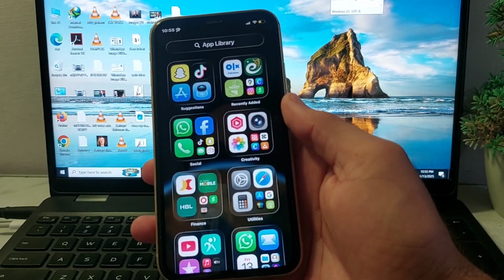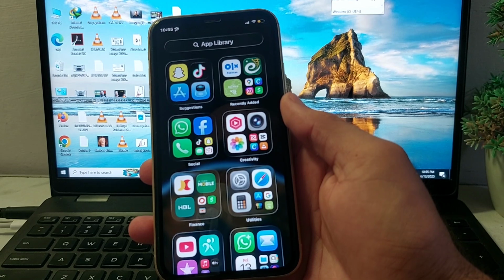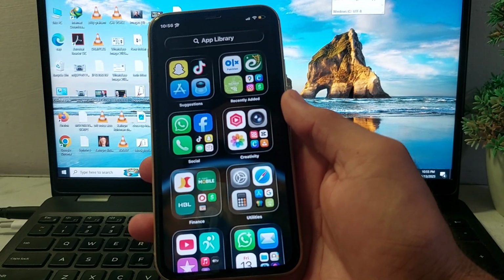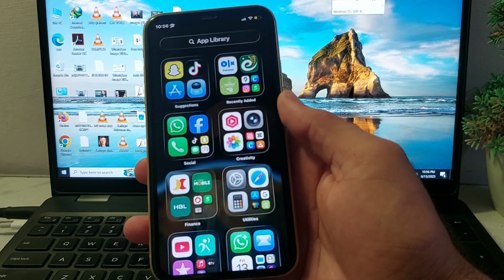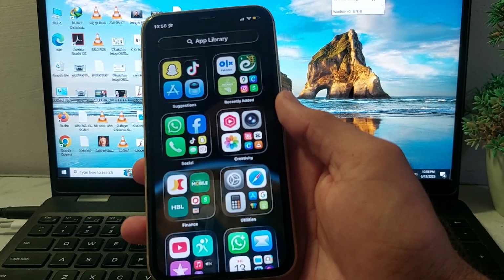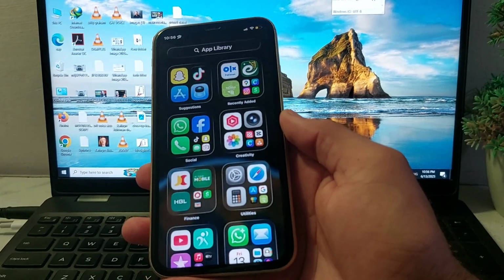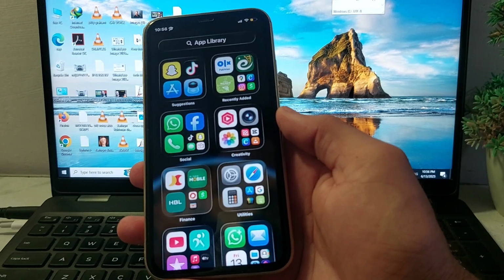In this video, I'll show you, if you have updated your iPhone device to the latest version, iOS 26, and your iPhone device is lagging, how you can easily fix it if your iPhone is lagging after the iOS 26 beta profile. So now let's get started on how you can easily fix this problem if you're having this issue on your iPhone